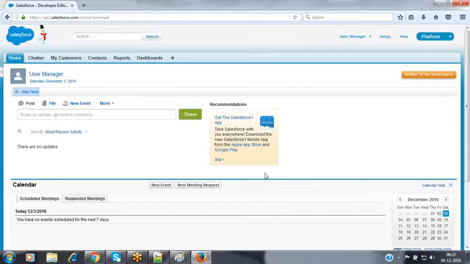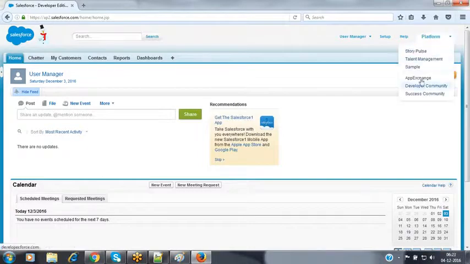Now this is a platform profile. This platform profile is granting access only to the platform application, nothing but the custom applications. Let's see. When you observe this, only the custom applications are visible to you. Standard applications will not be visible to you inside that platform profile. Platform is purely concentrating on custom functionalities, so only the custom applications will be visible to you. The standard applications will not be visible over here.